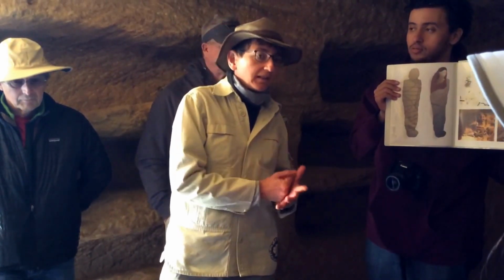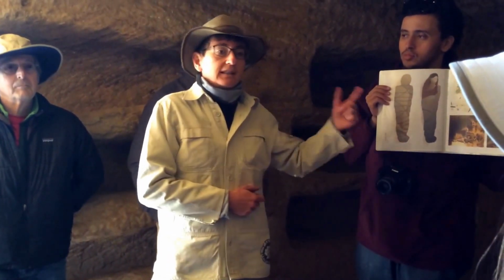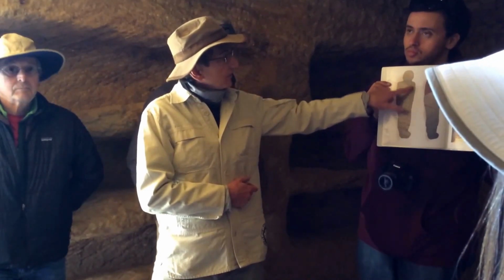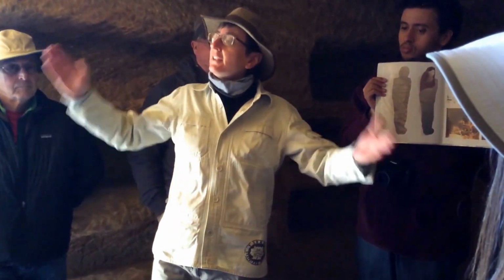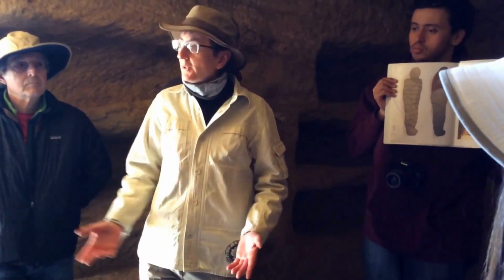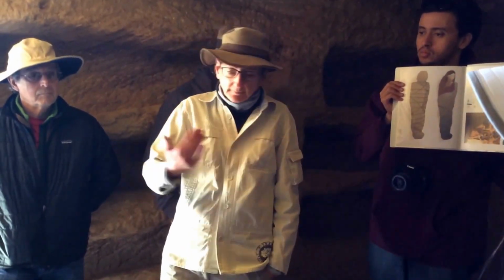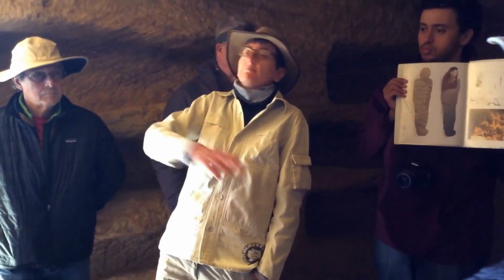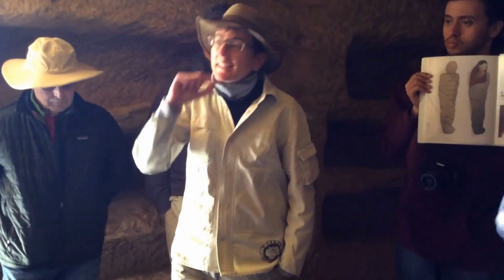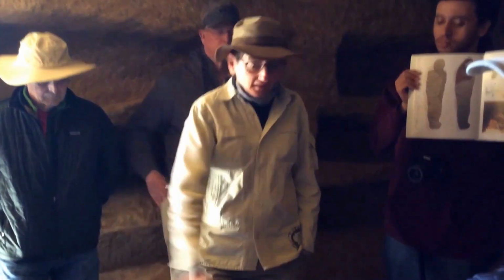So all the textiles, the layers of textile, and we made the analysis of the resins and the fatty substances which were used, and found the leather straps, and found the edges and the way they were sewn, the leather shrouds and the transport. So it's the first time actually that in the Nabataean sphere we have the whole process of burial. And of course this is only one tomb. And one may think, well, maybe in the other ones it was completely different. But last year we did not excavate, but actually cleared all the tombs, because there was sand in them, and